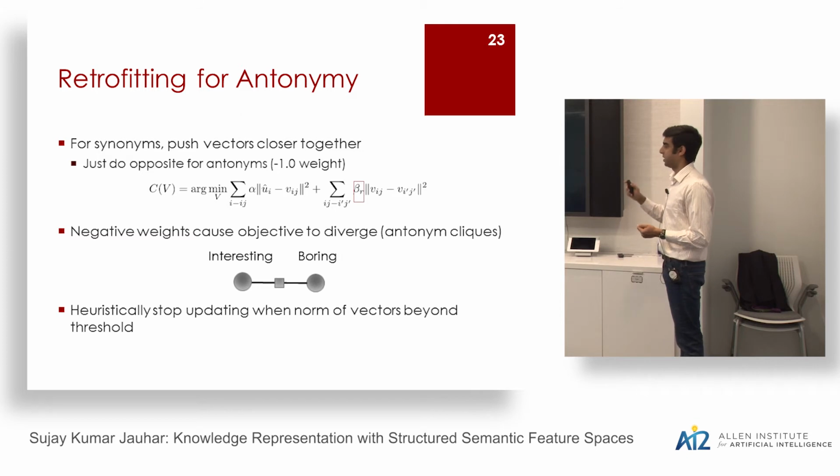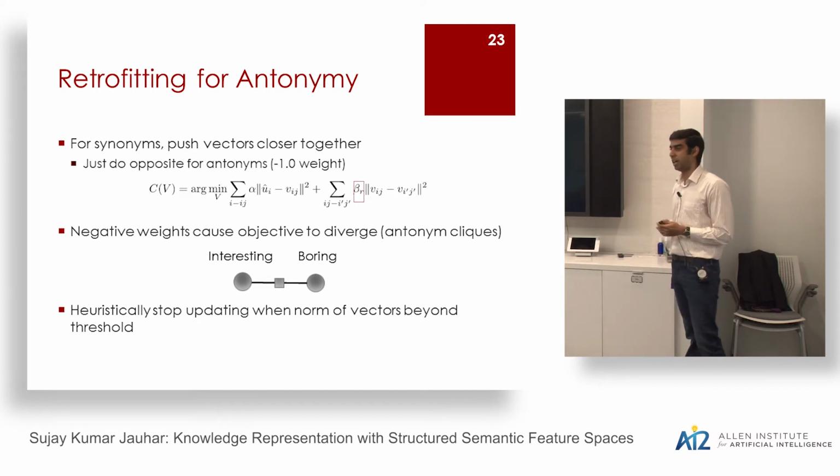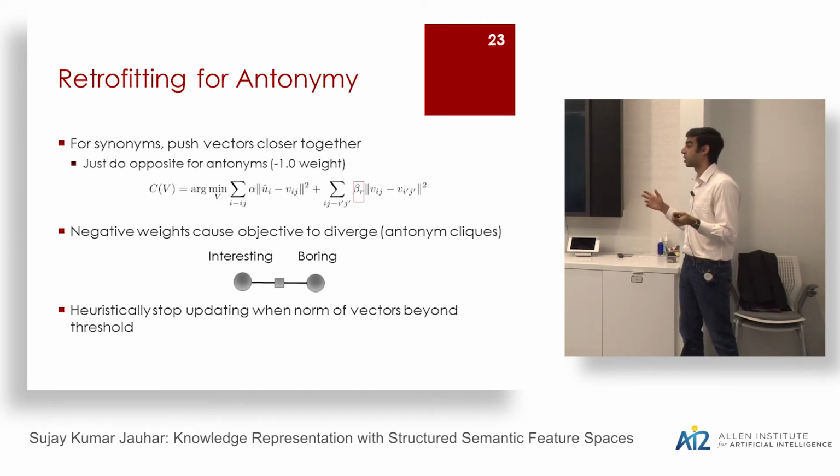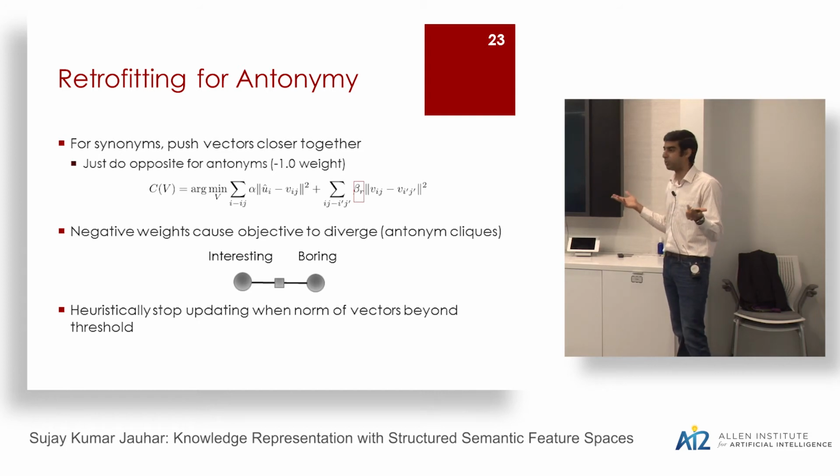As promised, here's a quick experiment about actually doing the same sort of process, but introducing antonymy links. And this is to solve the problem where in a vector space model, typically you learn similarity between words based on the occurrence in context. So things like good and bad would have very similar embeddings because they basically occur in a lot of similar contexts. But do you really want this to happen?